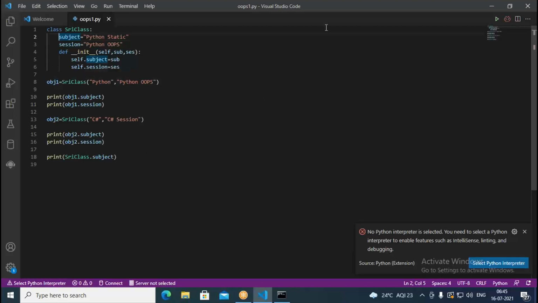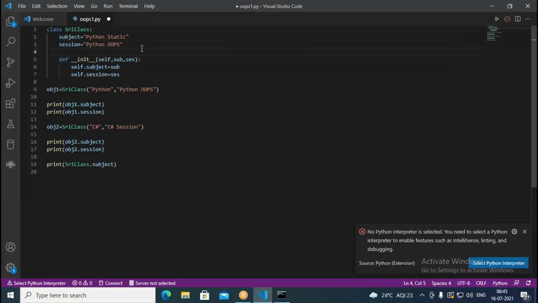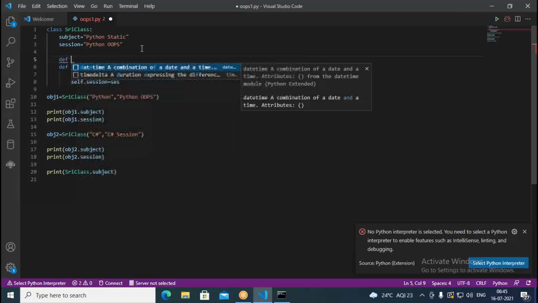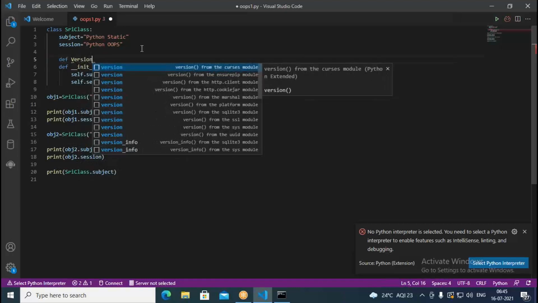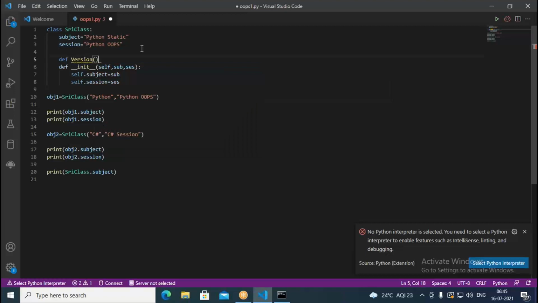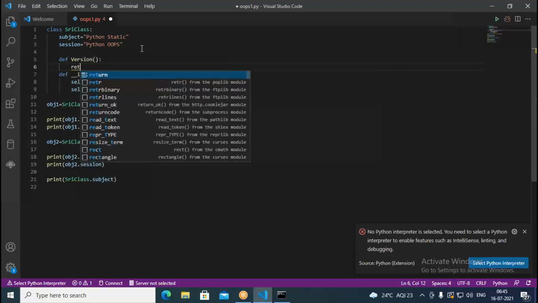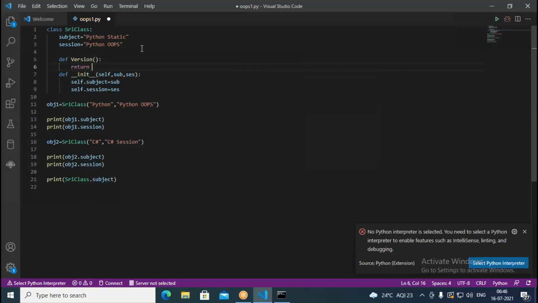Okay, but whenever you create some class level thing, without creating an object, you can use it. Now suppose I go with some version. What I do here, I go for def, followed by version. So this is a function, then here I return version 1.0.